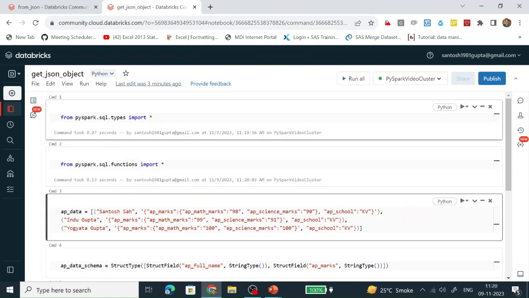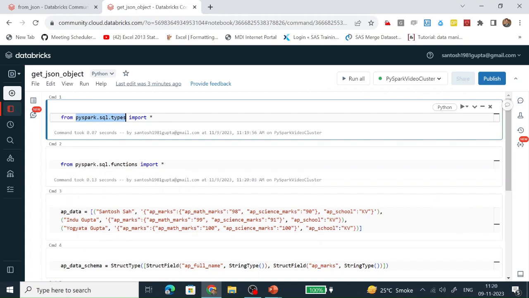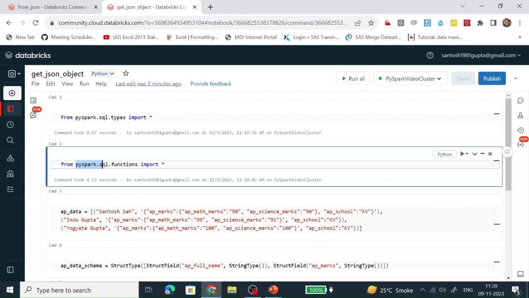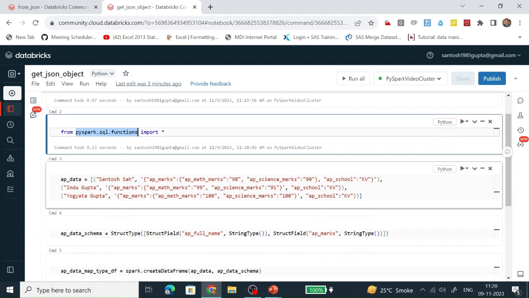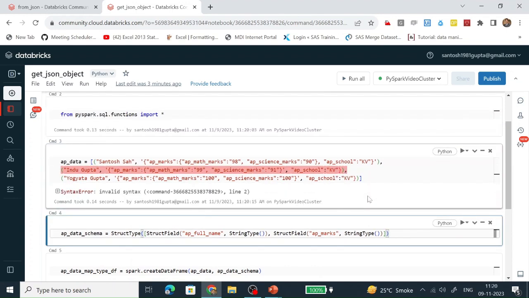All the libraries present in these two packages are now available in this notebook. Let's create this list variable. It is saying that on line number 2 there is an error. So what mistake have I made over here?